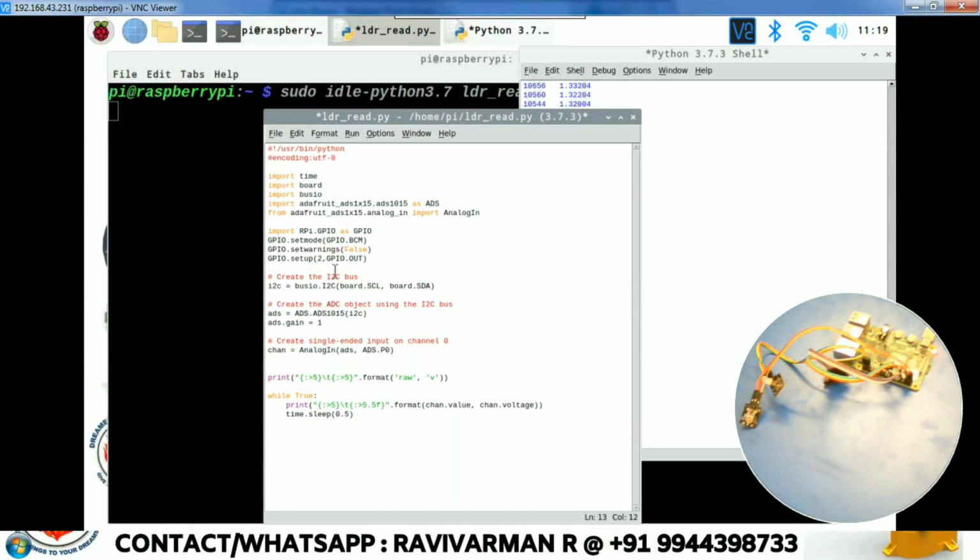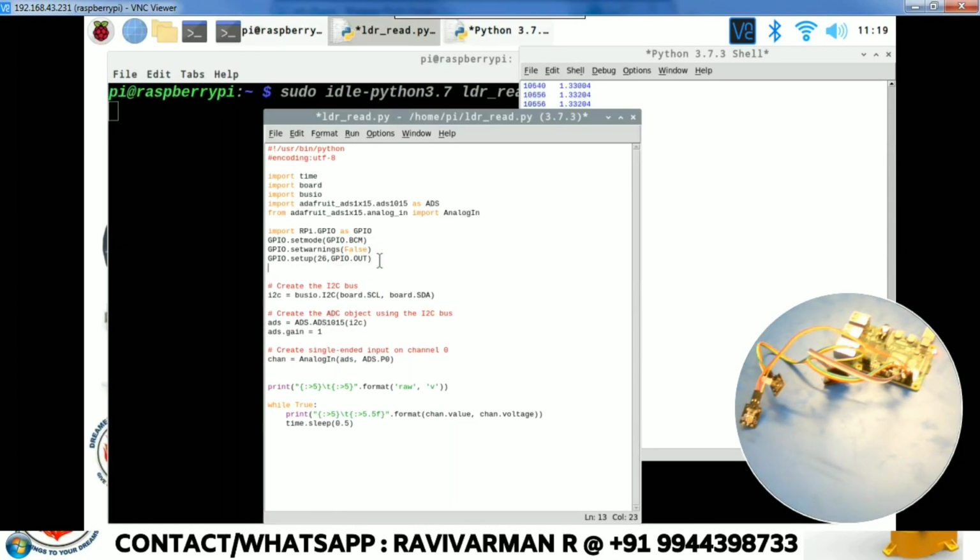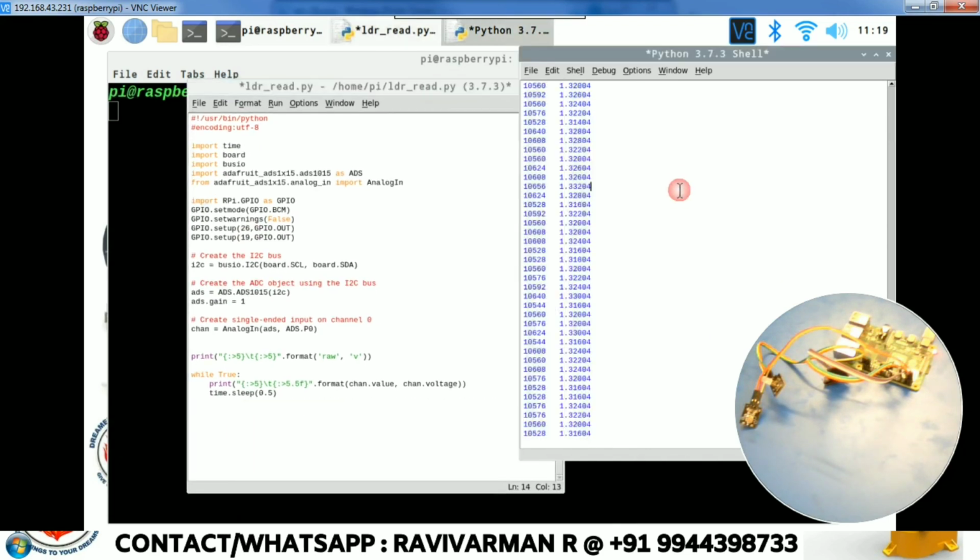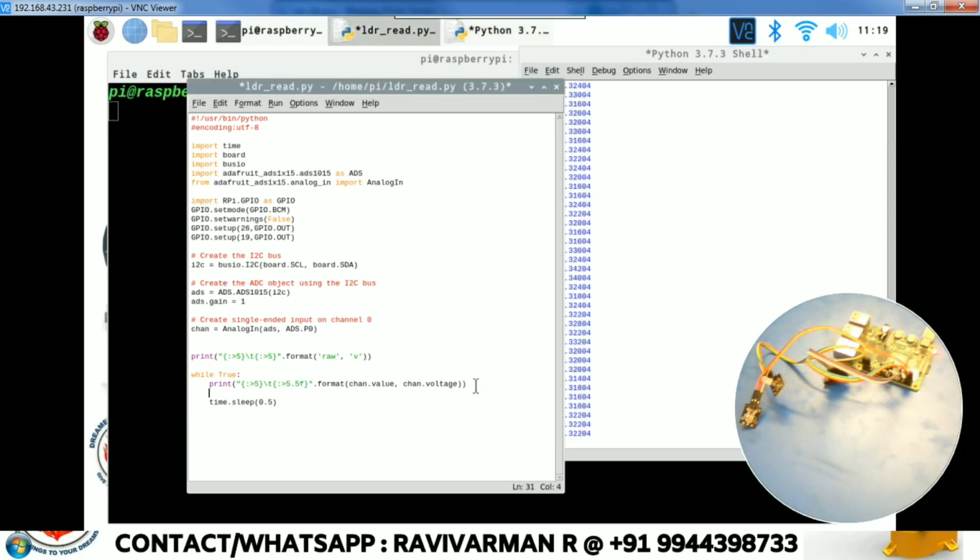We have one LED connected to 26, and the other LED connected to 19. And then we are going to check the value. When the value is greater than 1, we can glow one LED, and when the value is less than 1, we can glow the other LED. So I'm just going to check that.